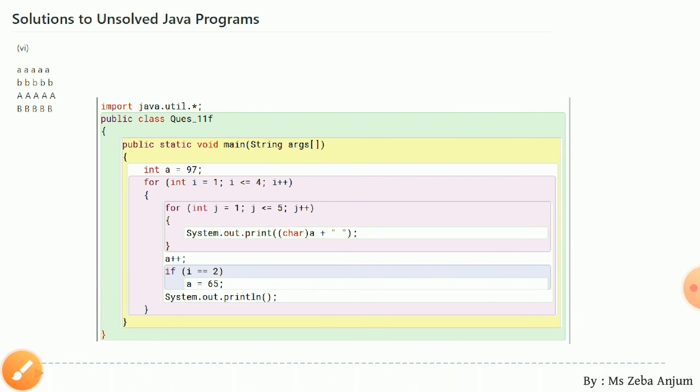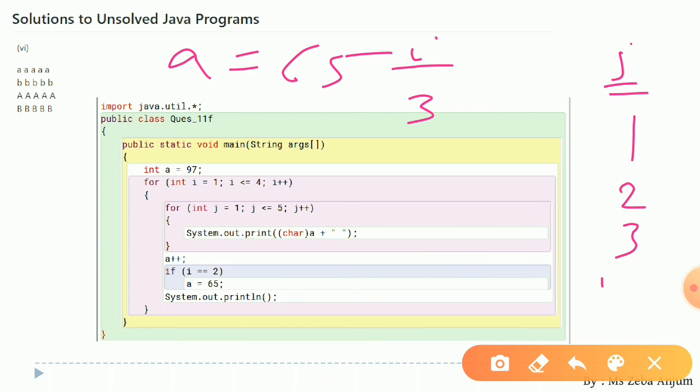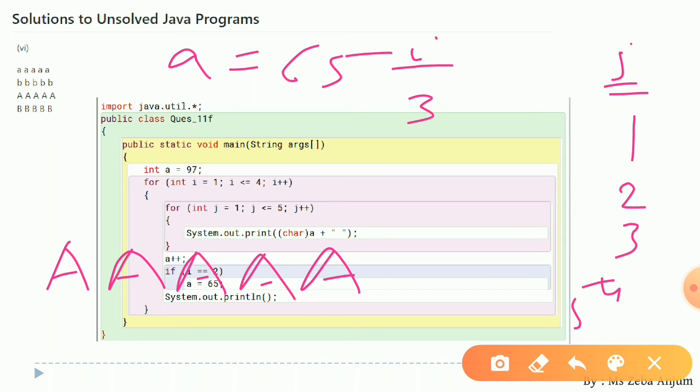Now for i equals to 3, we are having a equals to 65 and j equals to again 1. So j's value will run from 1, 2, 3, 4, 5, and again the same value you will be getting: capital A, capital A, capital A, capital A, capital A. 5 times capital A you will be getting. Okay, when j's value becomes 6, the condition becomes false and we come over here to a plus plus.